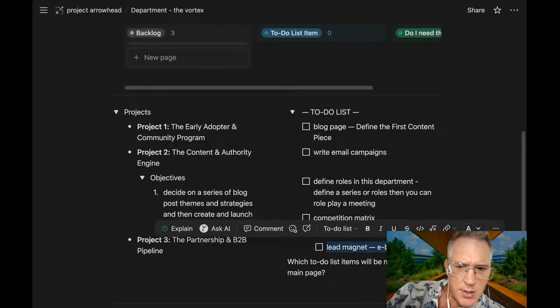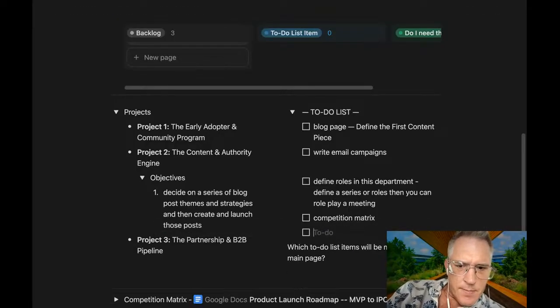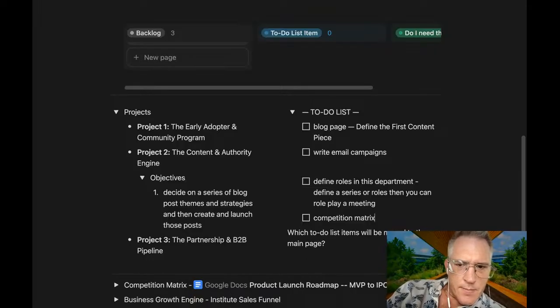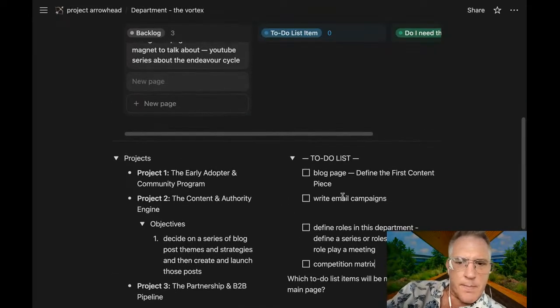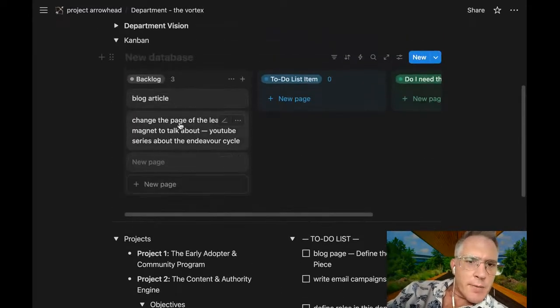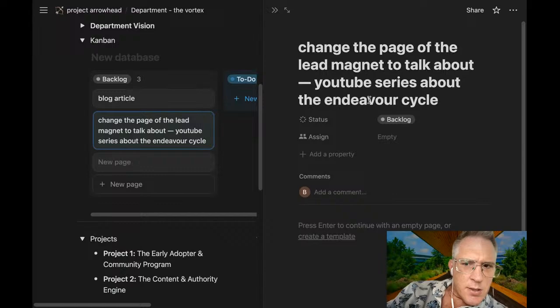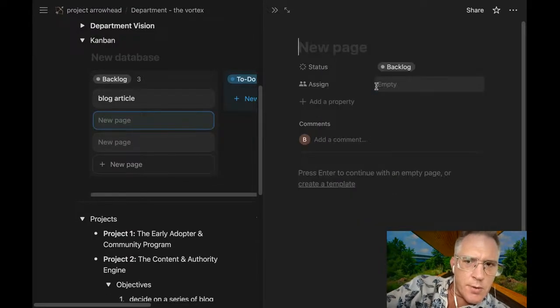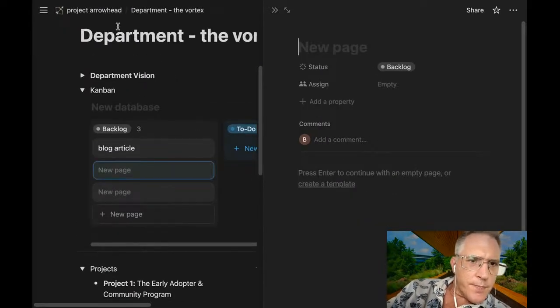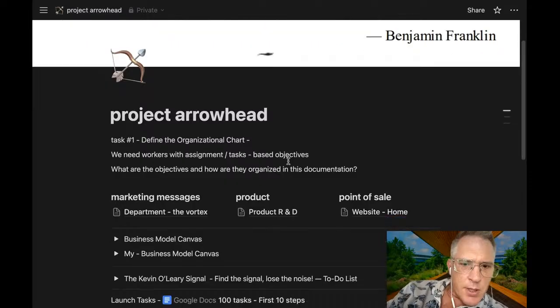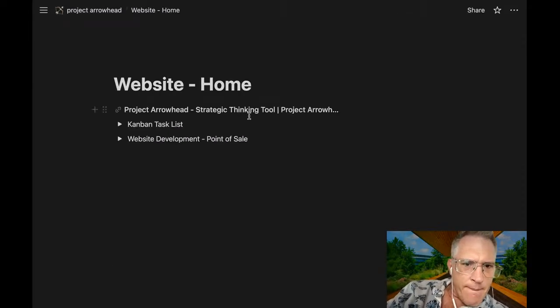In fact, let's just delete that. Great email campaign. Okay, that's fine because I already have this content. Now, this is on the wrong page. So there you go. Let's jump into the point of sale.